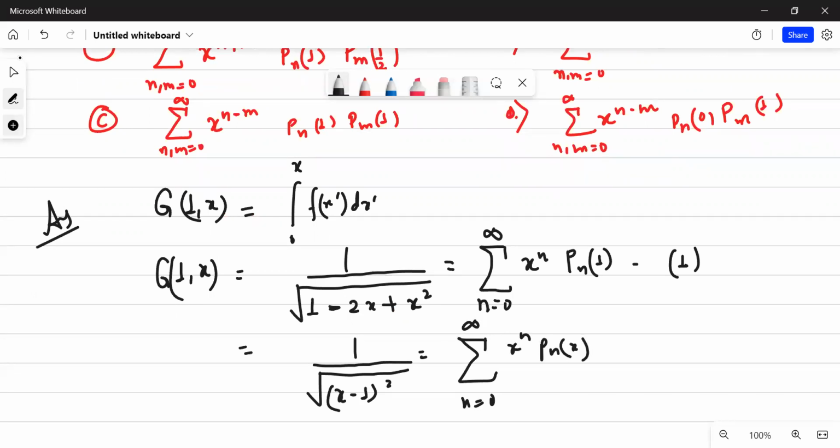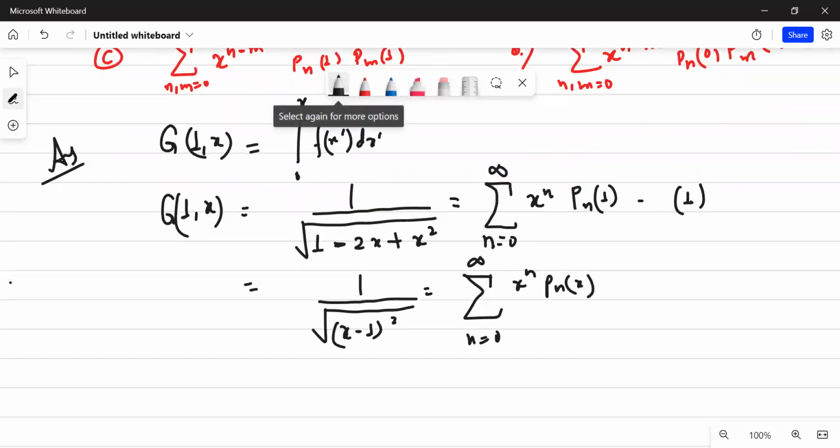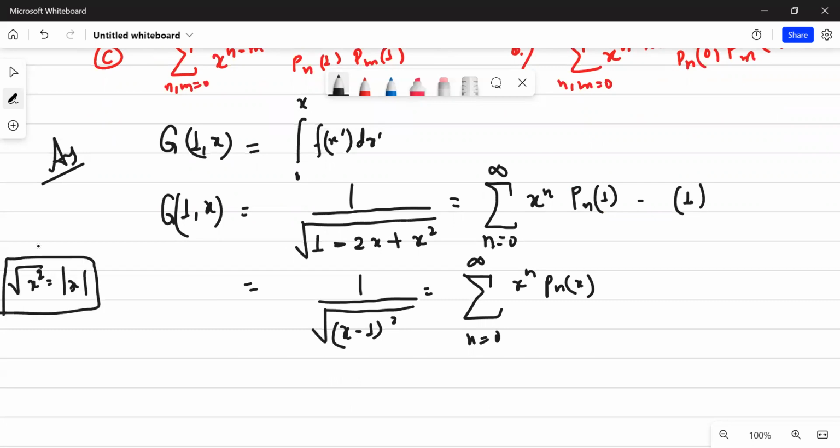Okay, but understand the point that it was already given. I already taught in the very first day that root over x square is always equals to modulus of x. Understand? Because you see, if I place 9 here, I cannot give two assignments to it. I cannot say it is equal to 3, it is equal to minus 3. So what has been selected that whenever you are saying a square root of a number, you must write a non-negative square root. Okay, so in order to remove this discrepancy, we know that root over x square is modulus of x. So I'll write 1 upon modulus of x minus